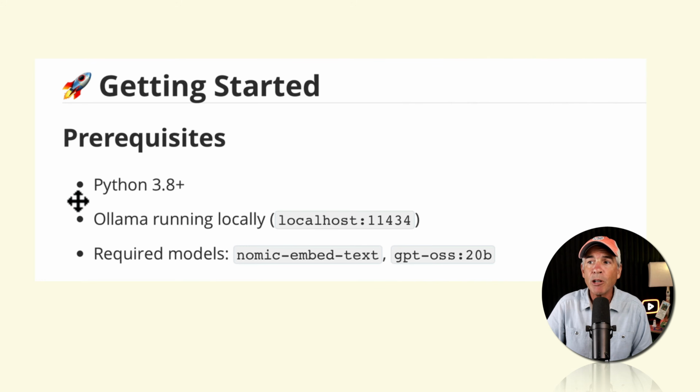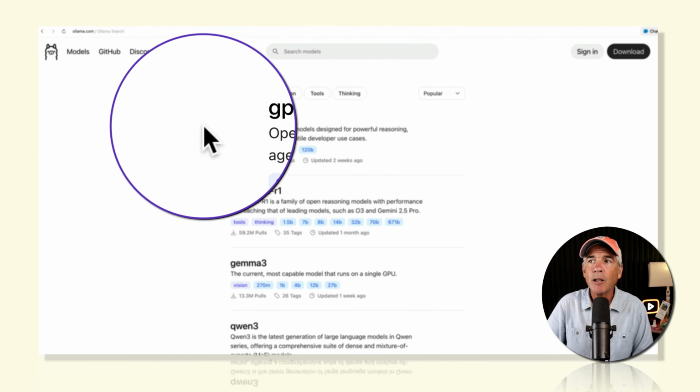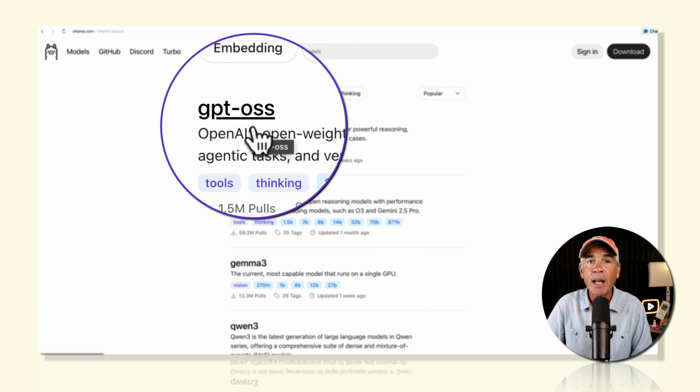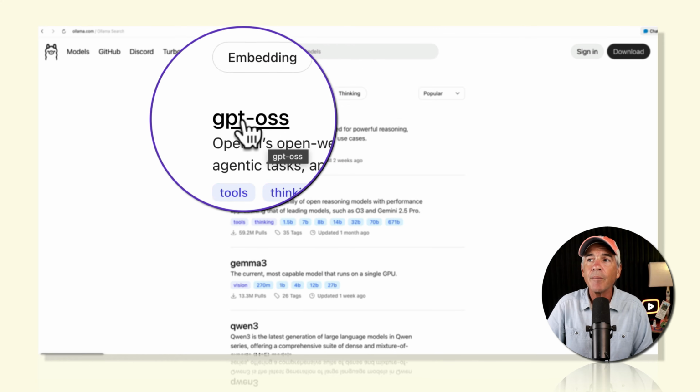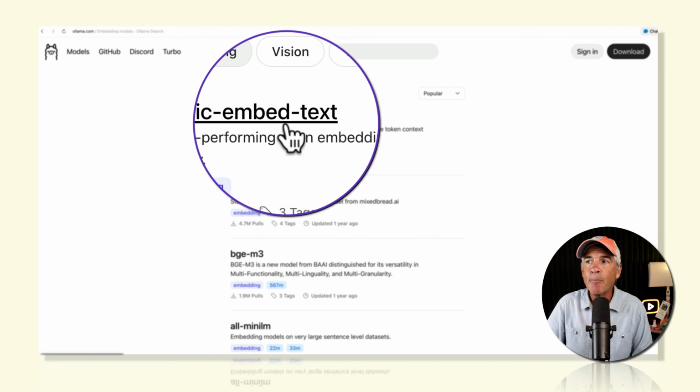Now if I go back to the prerequisites, you'll see the required models, nomic-embed-text and GPT. So we'll get that on Ollama. If I click on models, for the LLM, I'm using this GPT OSS. This is OpenAI's open source model, the same company that brings ChatGPT, but they have an open weight model. Then if I click on embedding, I'm using this first one here, nomic-embed-text, to take the text chunks and turn